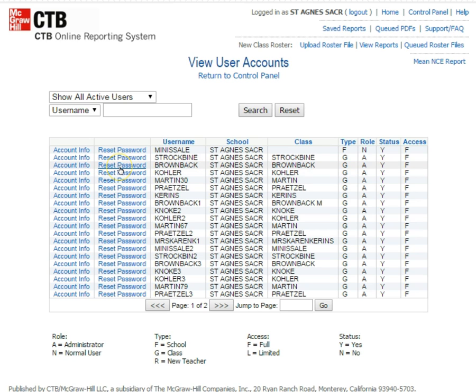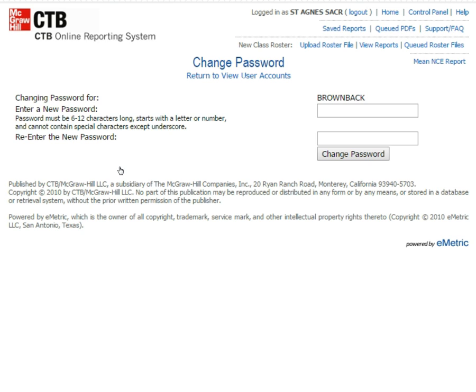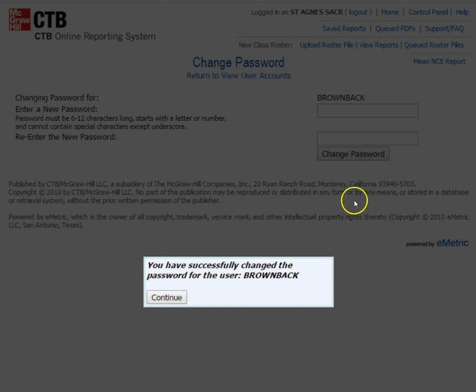But I would suggest that you reset the passwords, and I'm just going to very simply, for demonstration purposes, change Brownback's password, and I'm just going to put 1, 2, 3, 4, 5, 6, because I know I need at least 6 digits. Now that's not a very secure password, but I'm just doing this for demonstration purposes. So I'm changing the password,